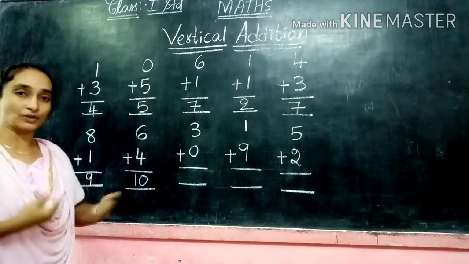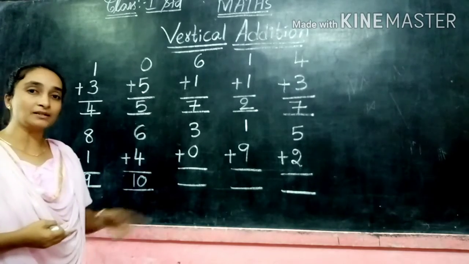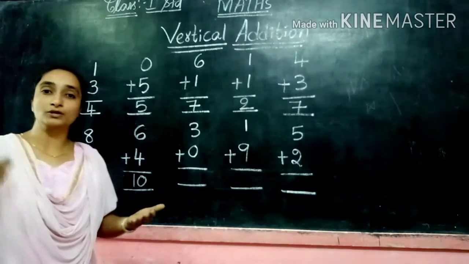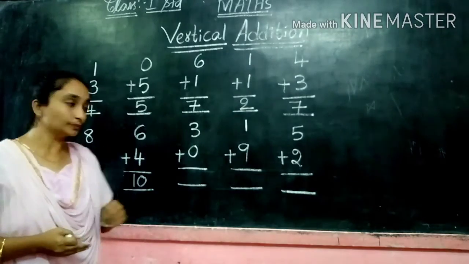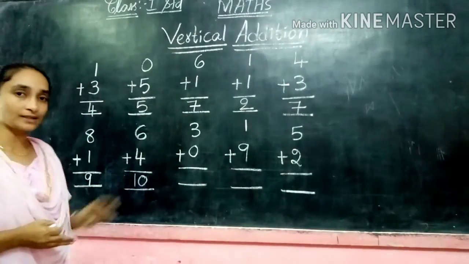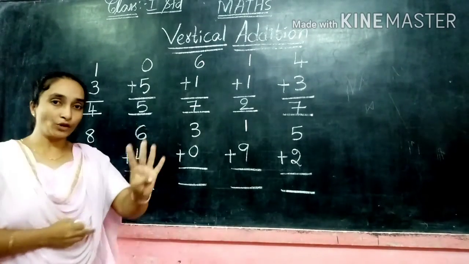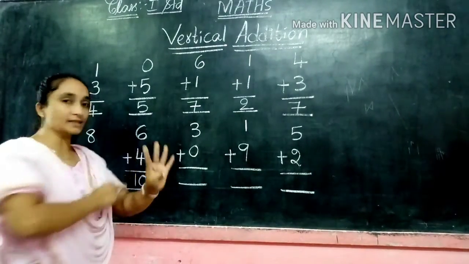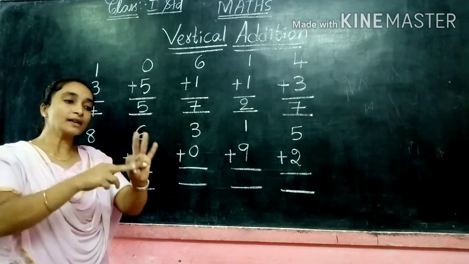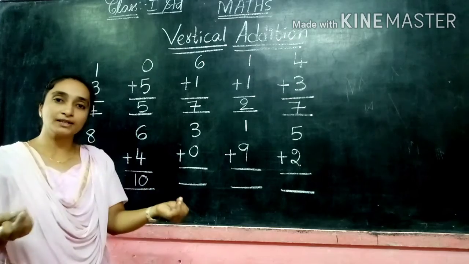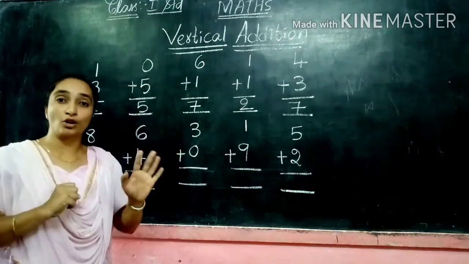So this is easy, children. So in additions, if you take the big number first and the small number after, it's a long process, it will take time. So in additions always you have to take the small number. From this, 4 is the small. If you take the small number, 4 means 4 fingers, and the big number is 6. 6 after, if you count, it is easy: 7, 8, 9, 10. Easy. If you take the 6 and you have to count 4 after, it will take a long process.